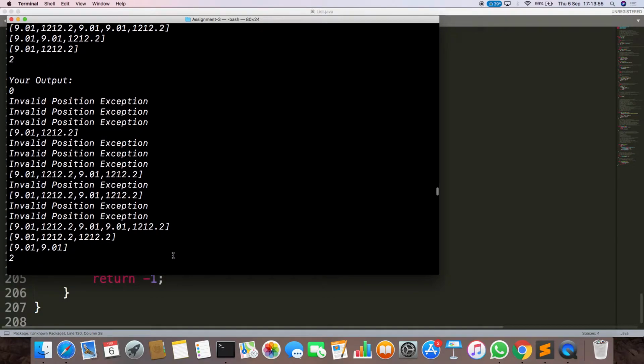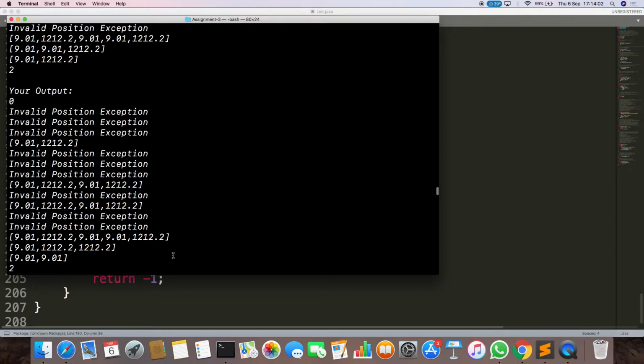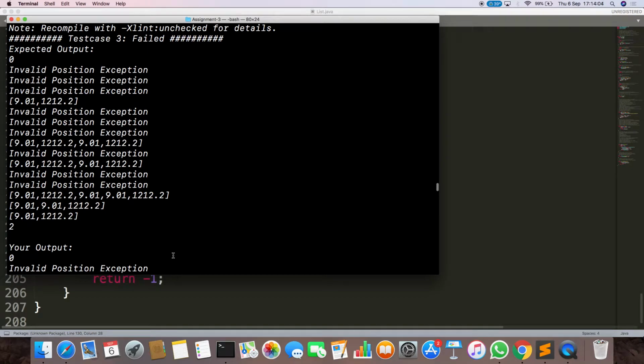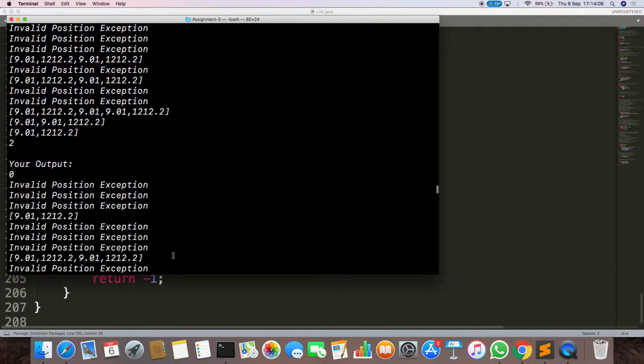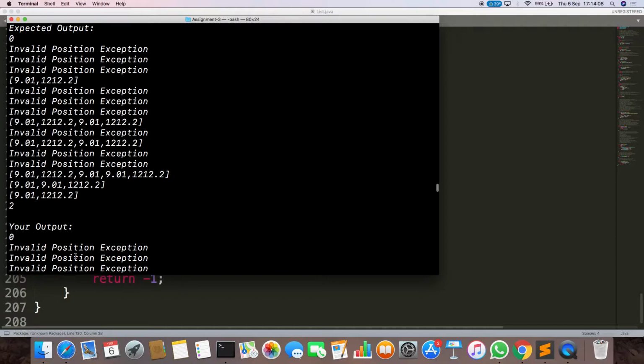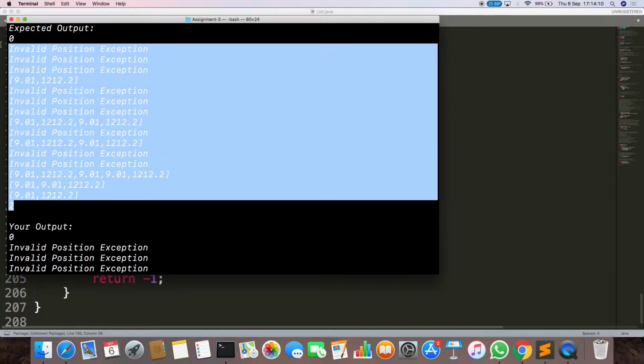The last lines are... it's not failing. This test case is failed. Which one? No, it's 9.0. But the input and output is